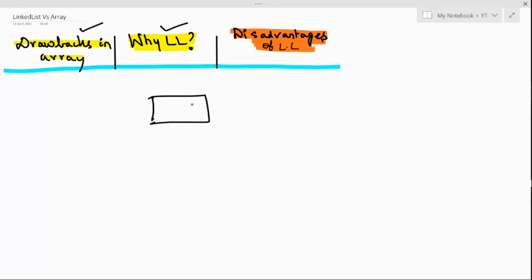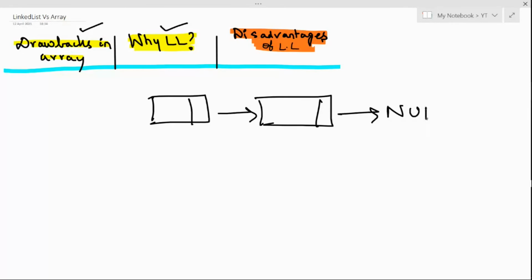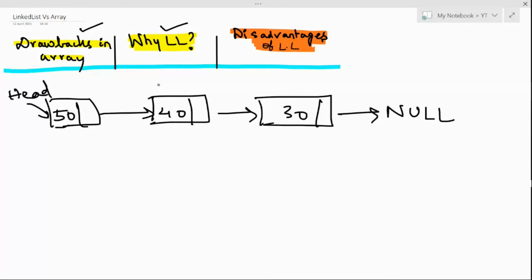Whenever we are trying to access an element rather than inserting, say there's a linked list like this, the head is pointing to the first node. If this is a linked list having 50, 40, and 30, and I'm going to search for or access 40, there's no random access that's allowed. So we'll have to traverse entirely through the linked list starting from the head node, right? So unlike in